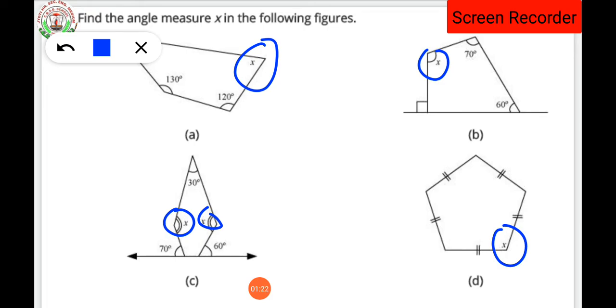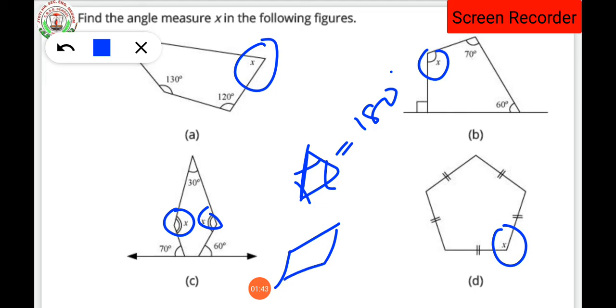So before starting the exercise, students, what is the total angle sum of a quadrilateral? As we have the triangle, the sum of all the 3 angles of a triangle is equal to 180 degrees. In the same way, if we are talking about any kind of quadrilateral, that means what is the type of quadrilateral? That is a square, rectangle, parallelogram, kite, trapezium, isn't it? These are the quadrilaterals. So the sum of all the 4 angles of a quadrilateral is equal to 360 degrees always. Okay, this is the property only.